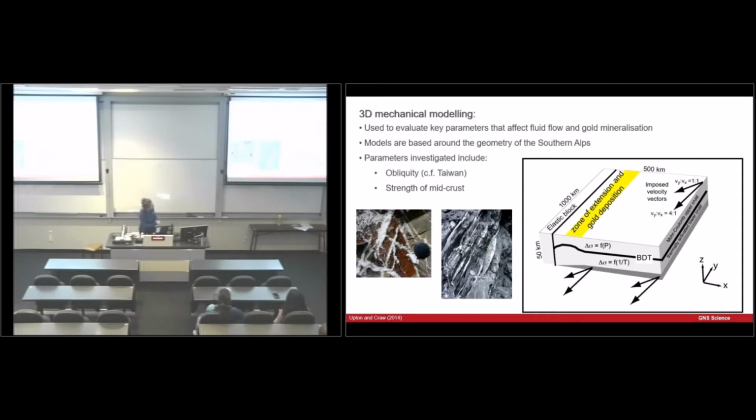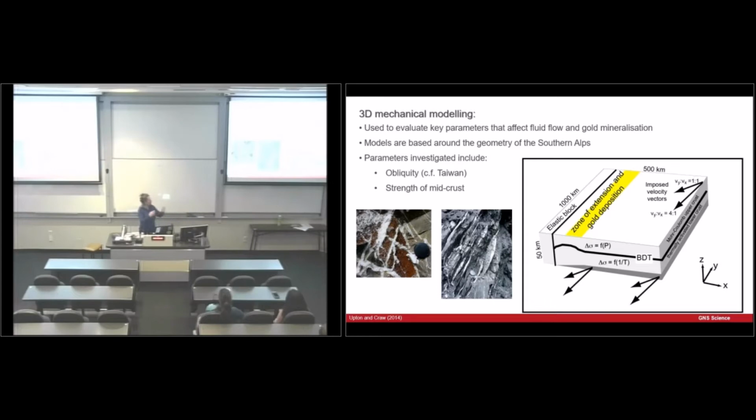It's a two layer model, so the top layer is frictional, that's the brittle crust, and then a temperature dependent mid crust, and then it's driven by boundary conditions below that on the mantle. And so I varied the degree of obliquity in these models. So I actually did 2D,